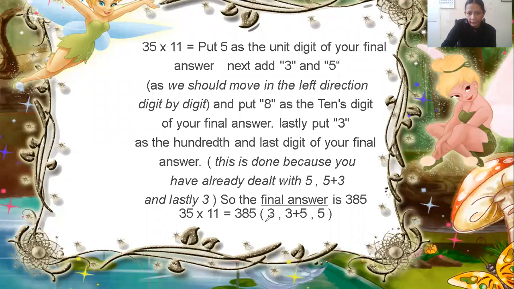You can see here this 3. I have written 3 here. I have done the splitting of 3 and 5. 3 I have written here and 5 I have written here. First the splitting you have done. What is the next step after splitting? Now you have to see 3 plus 5. What is 3 plus 5? 3 plus 5 is 8. So in between you got this 8. You have to put this 8 between this 3 and 5. So this 385 is the final answer. Now we are going to do some other questions as well.